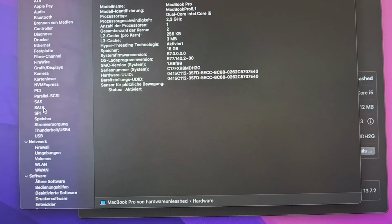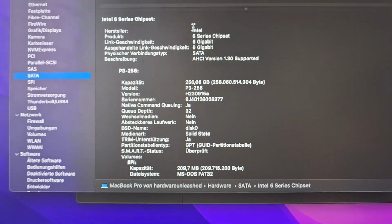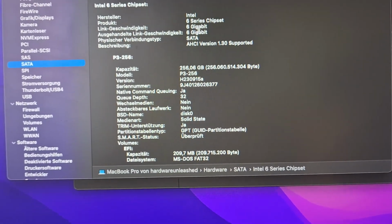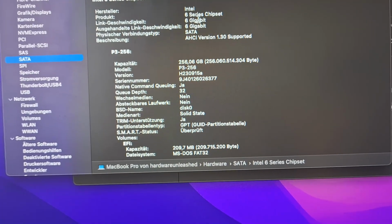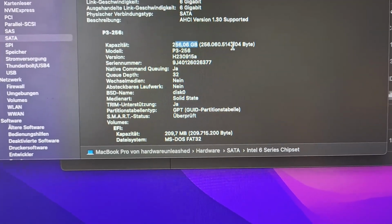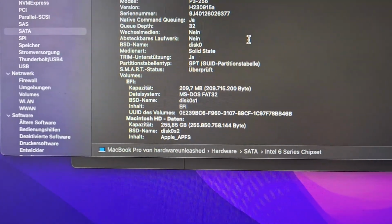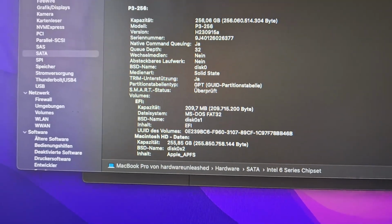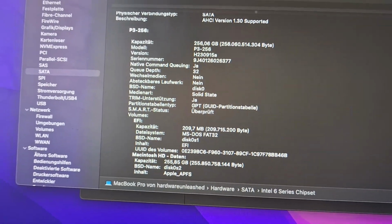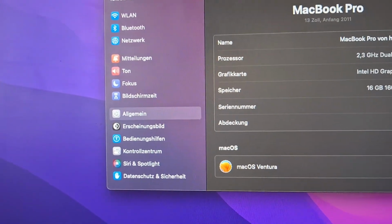Now if we go to SATA, here we do see our drive is showing up. So we have a SATA 3 connection with 6 gigabit, so roughly 600 megabytes a second. As you can see here, here's the capacity. It's 256 gigabytes as I showed you earlier, and as you can see, everything is working fine. So this is how you would use your system if you already had an installation on the hard drive,